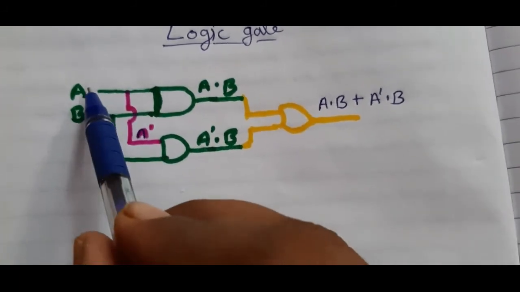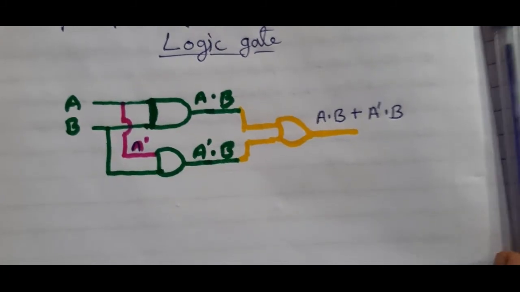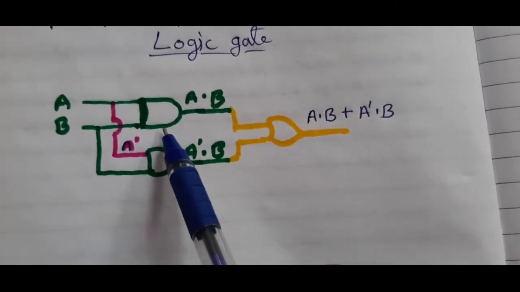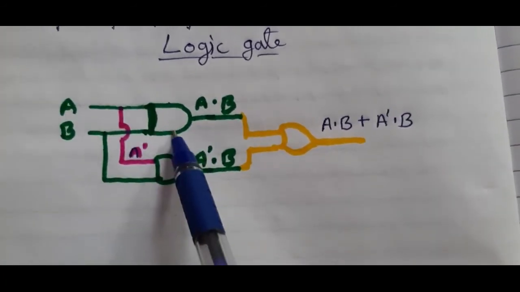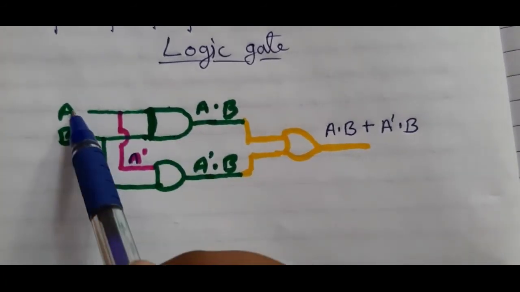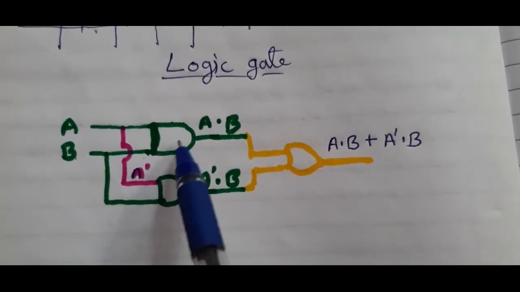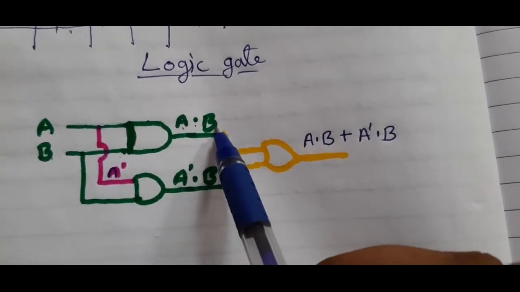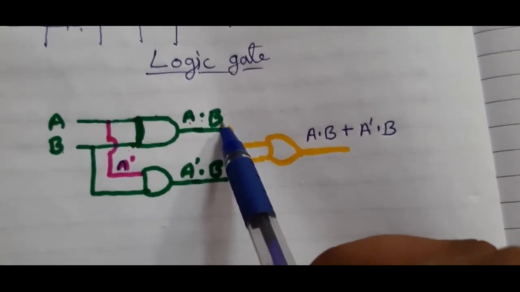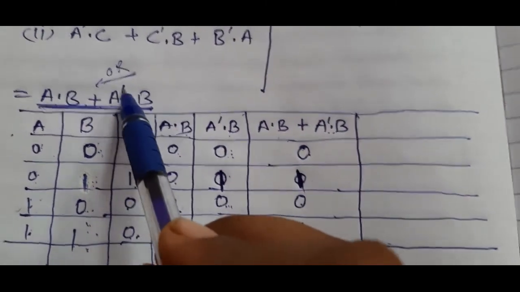As I told you, this is two inputs, and earlier I already showed you the gates, so you can recognize that this is our AND gate. Here are two inputs, A input and B input. When these two inputs pass through the AND gate, we get A and B. Is it clear? After that we need a complement, because in the equation A complement is given.